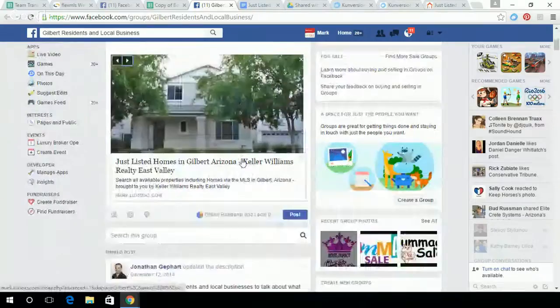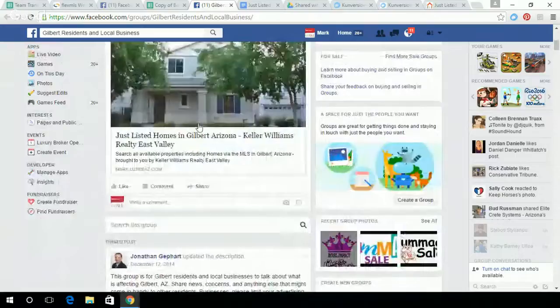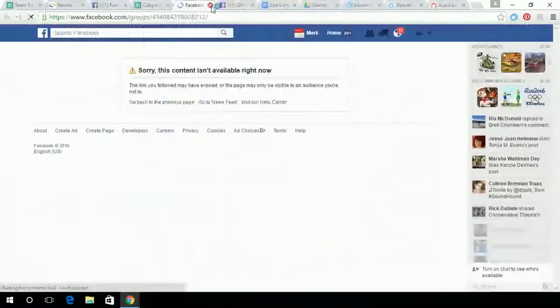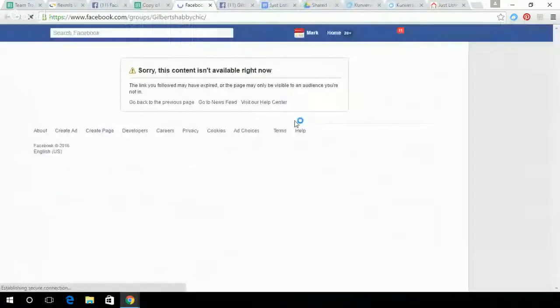I like that one. I'm going to hit post, and now I'm posted in that group. I'm going to come to the next group, hover over it, select the page with this same ad. That page doesn't exist anymore. With the same ad,